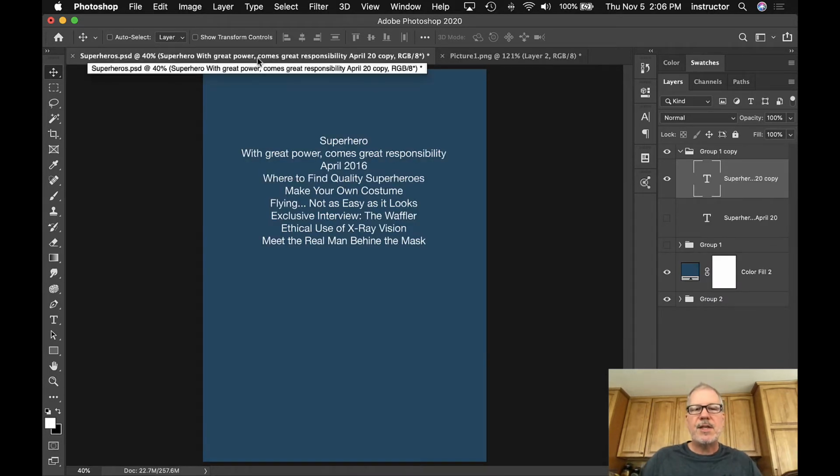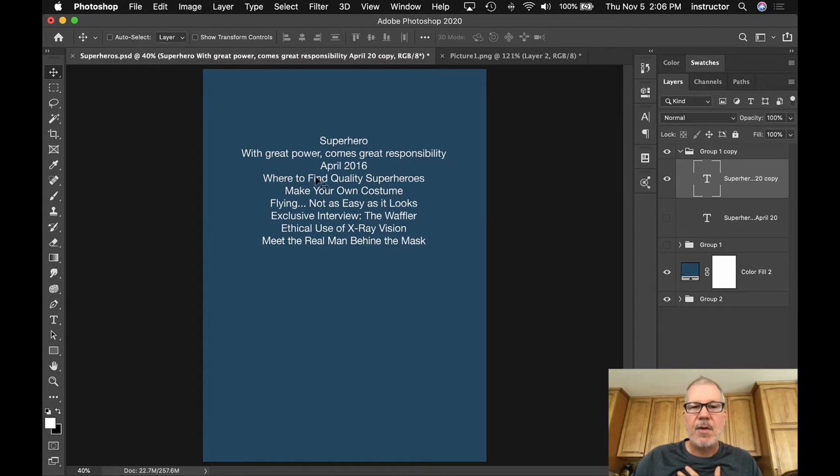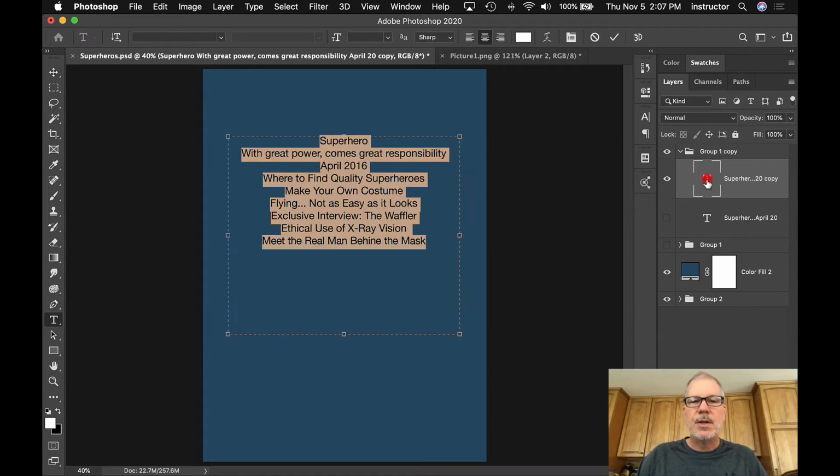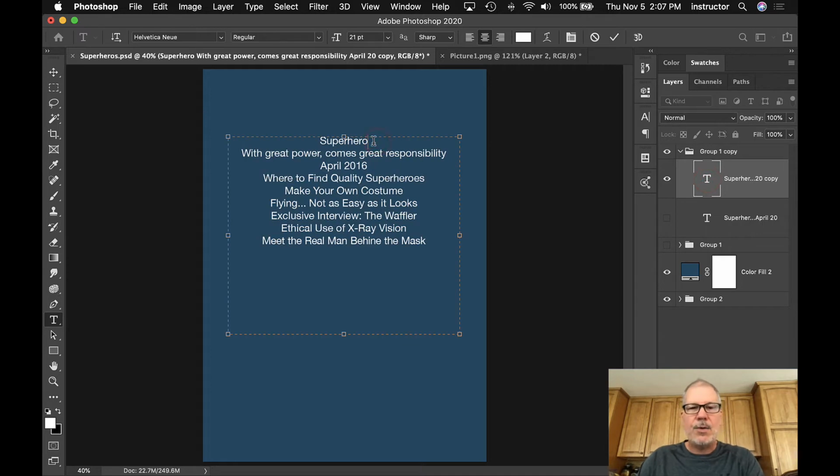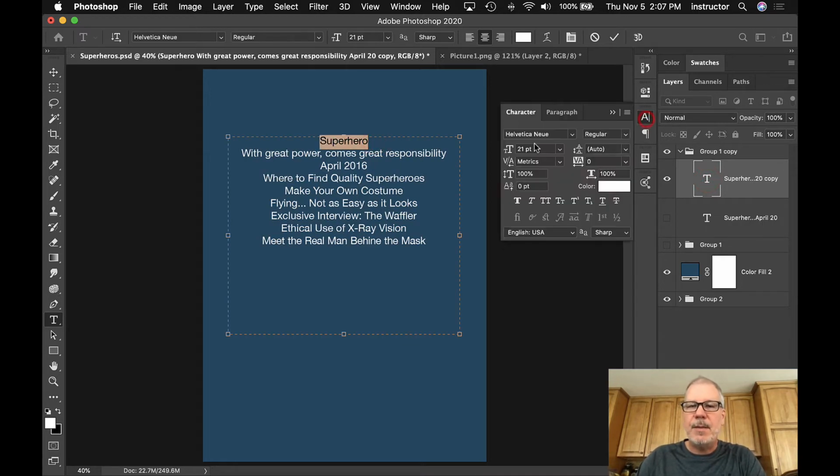So let's say that this is all the information that I have for my magazine cover. This is all the type that I'm going to deal with on my magazine cover. The way it is right now doesn't make a whole lot of sense. There's no hierarchy to it. I haven't grouped things into specific groups so that the reader understands that, oh, this is the masthead, oh, this is what the magazine's about, and these are stories within the magazine. So by taking these things and starting to separate them out, change them,